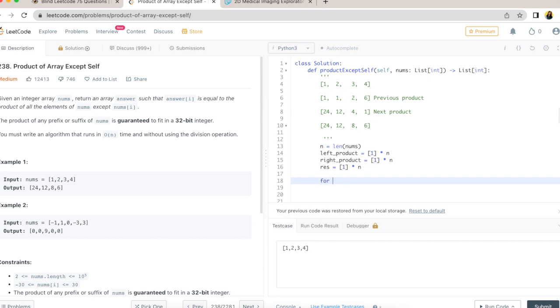So let's write this. So for i in range, we're going to start from 1 because for 0 we want it to be a 1 already because there's nothing before it. So the product of the left side of this is going to be 1. So 1 to n, and we are going to say that the left product at that position, so remember at every position we're going to put a value, is going to be equal to